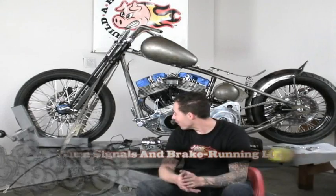The electrical system on a motorcycle seems to make a lot of people nervous. What we're going to do right now is install all of our electrical components, make sure they fit correctly, and be cognizant of where the wiring is going to go and meet for its final location. We're going to dive a little bit more into the electrical system during assembly as far as how it works